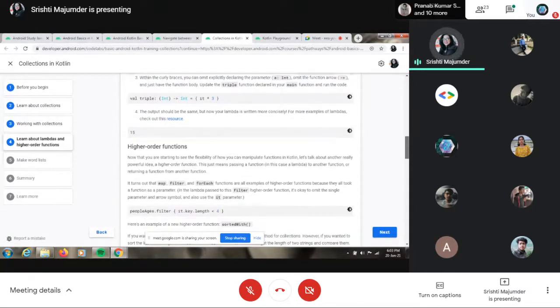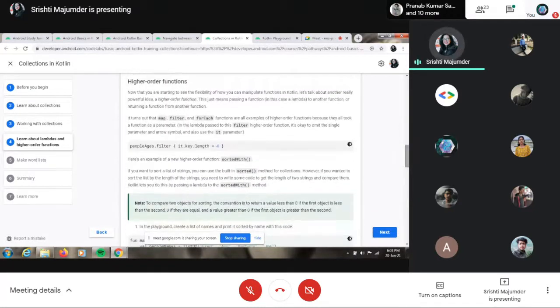So now we come to another important part, the higher order functions. Higher order functions are actually what we were doing the entire time, like the filter, the sorting and all this stuff were basically higher order functions. But listen to my definition properly. In higher order functions, you take a function as the parameter, and you also give a return which is a function.